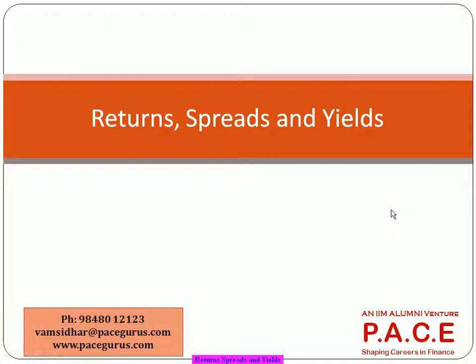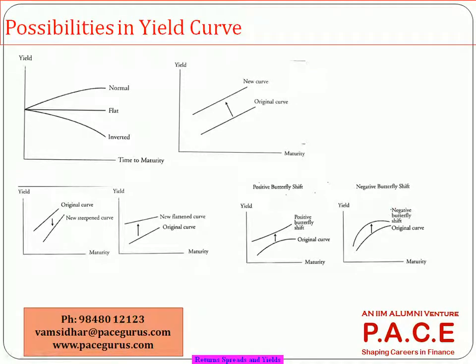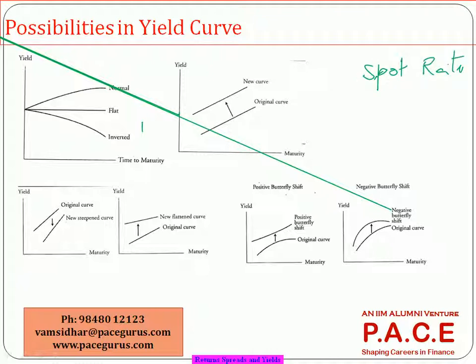And we have also seen earlier that one way we look at measuring the yields is through a spot rate curve. What did we talk about in the spot rate curve? Basically, the treasury bond, zero coupon bond. What are the yields associated with the zero coupon bonds of different maturities? That is what we called the spot rate curve.